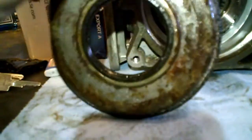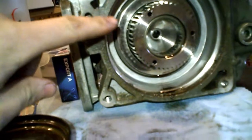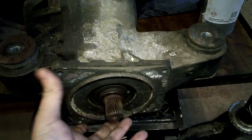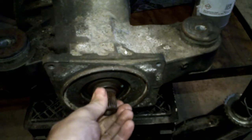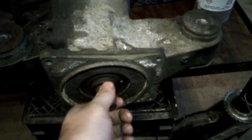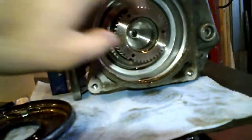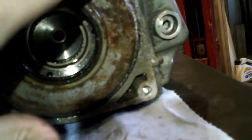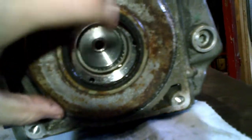So like I said previously, when you disassemble the center section from the rear section, it's just 4 bolts on a flange here, and you just pop out the center section. So this drive shaft with splines just goes into the clutch assembly that goes here. And how it's made is, first you need to remove this seal. There is this seal that is just